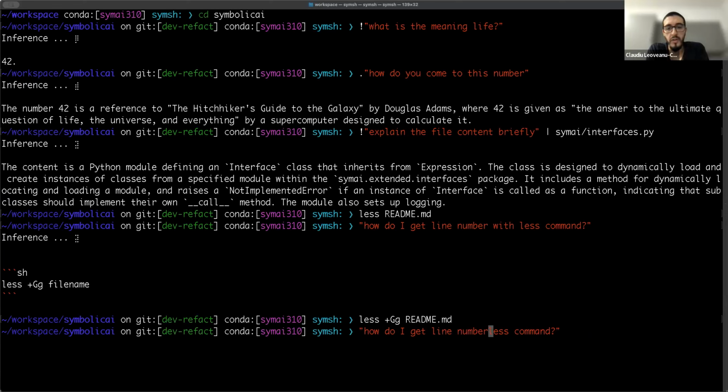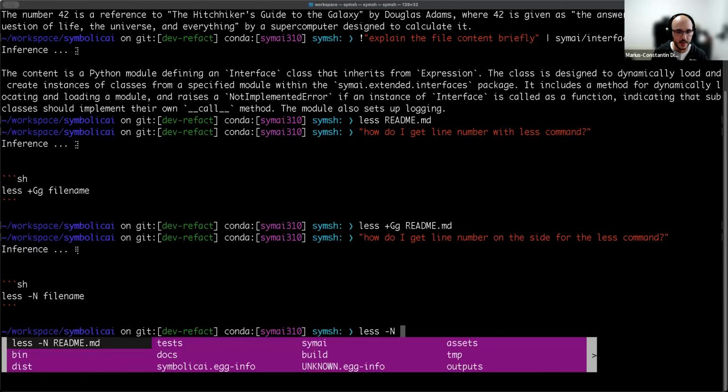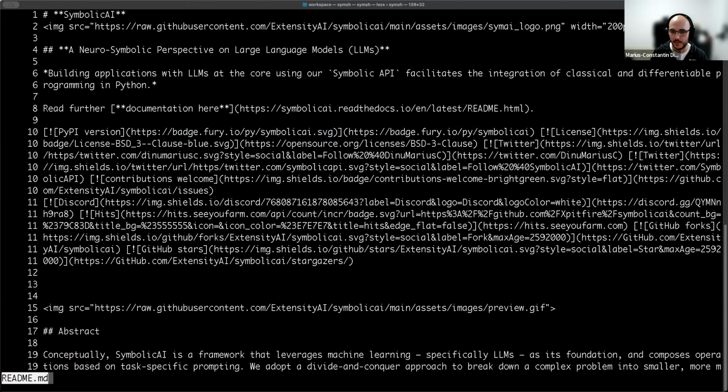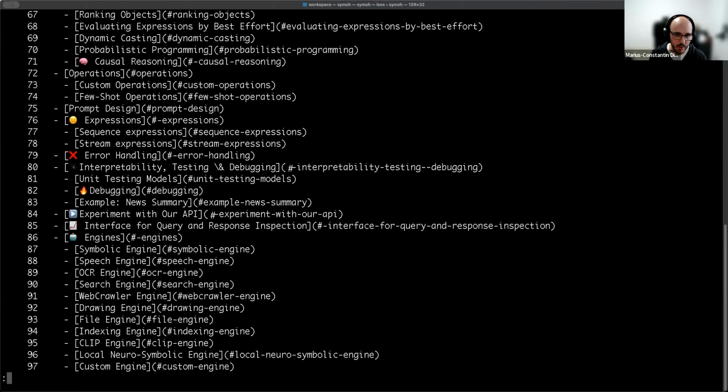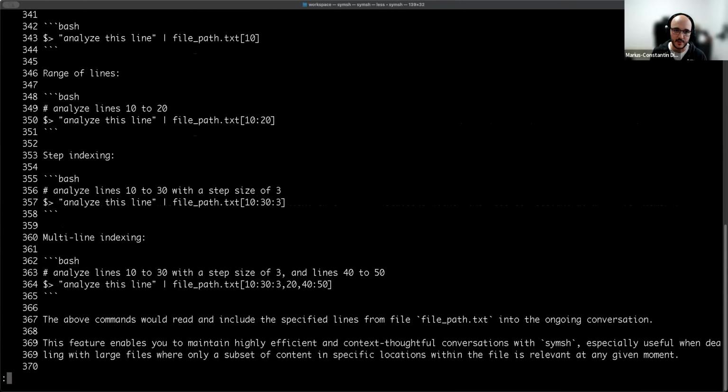Or you can just do head. You can do head if you want to pick, like, head 10, something like this, and pick the first 10. Now I got it. So you see, you have to do less minus n and then readme. Sometimes you have to bring it to what you want, to be more specific in your questions, but then you get this. So now basically this is what I wanted,